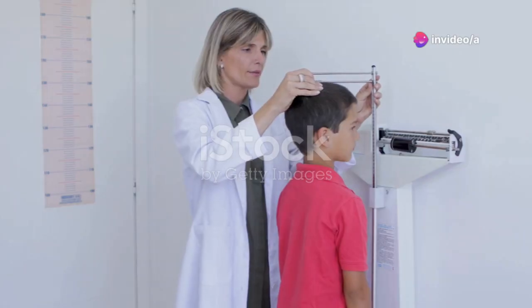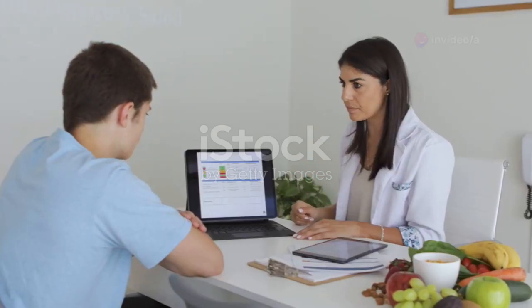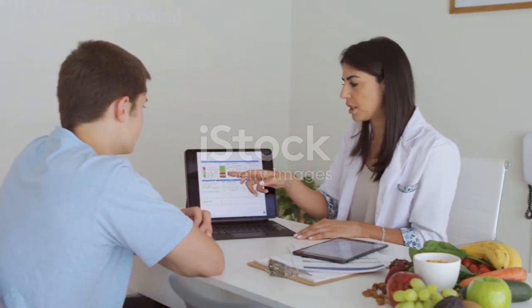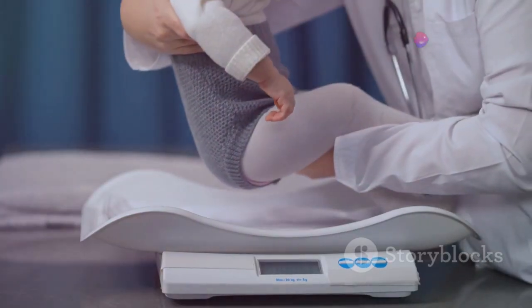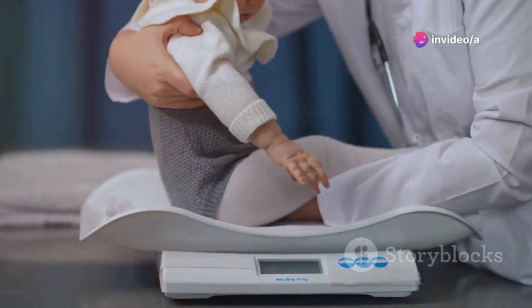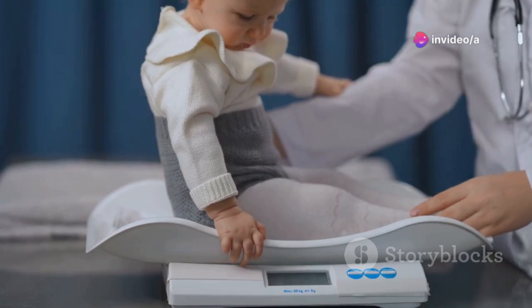Section 8. Diagnosing malnutrition, a multifaceted approach. Diagnosing malnutrition involves a comprehensive assessment that goes beyond simply looking at weight and height. It requires a combination of clinical assessments, anthropometric measurements, laboratory tests, and dietary assessments to determine the type and severity